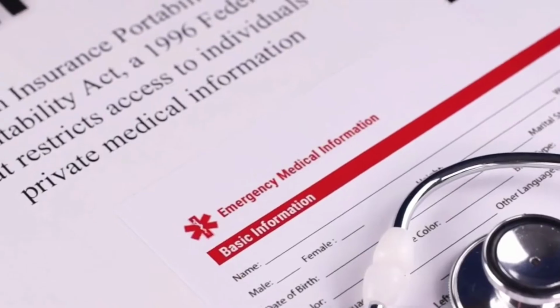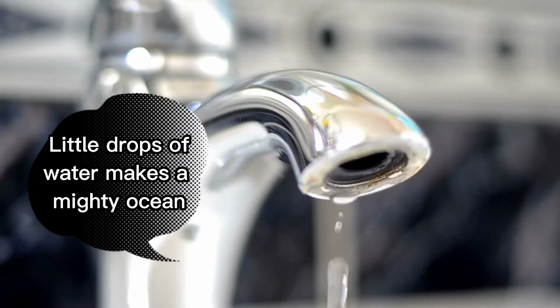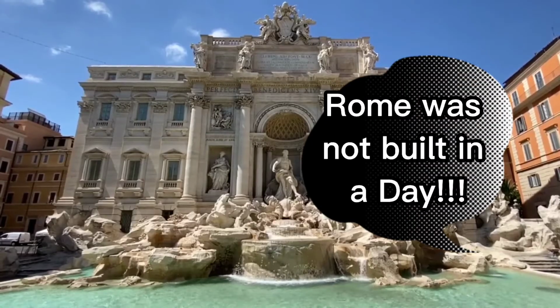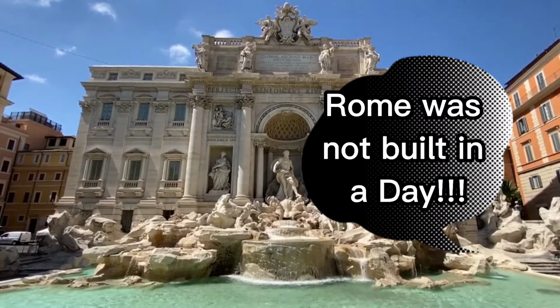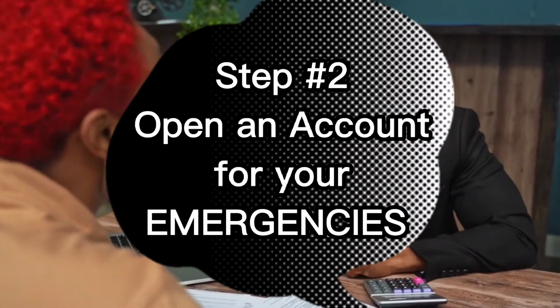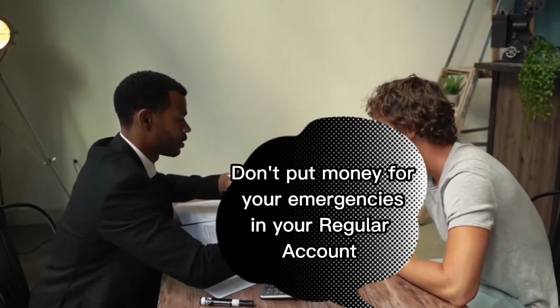What's important is that you take action and start investing no matter how small and remain consistent. Remember, Rome was never built in a day, and the same goes for an emergency fund. The second step is to open a separate investment account for your emergencies. Once you have your target, the next step is to open an investment account which should be kept separate from